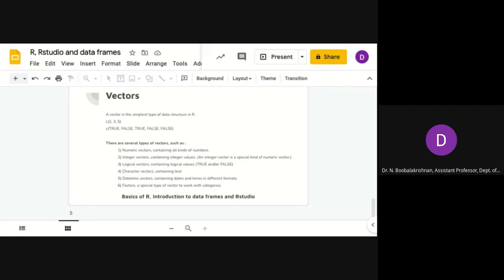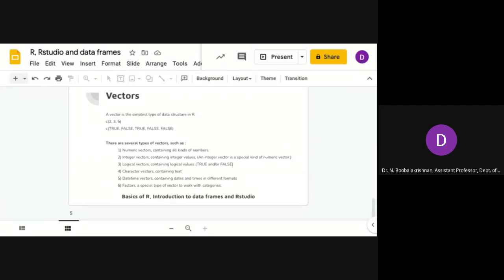It's a combination of these values; c stands for combine or concatenation. What are the different types of vectors used in data analysis? The first is the numerical vector, containing all kinds of numbers, like 2, 3, 5, 6, 7, 8. The second is the integer vector, which contains integer values.